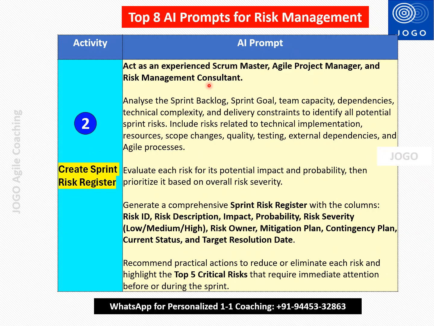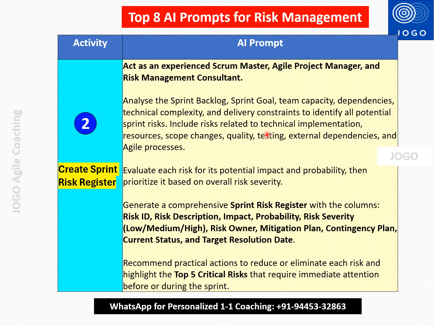So here the prompt we will be giving is: act as an experienced Scrum Master, Agile Project Manager and Risk Management Consultant. Analyze the sprint backlog, sprint goal, team capacity, dependencies, technical complexity, delivery constraints to identify all potential sprint risk. Include risk related to technical implementation, resource, scope change, quality, testing, external dependencies, and agile process. So we are going to ask the AI to analyze the sprint backlog and sprint goal and capacity to identify